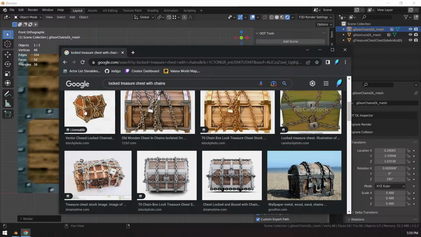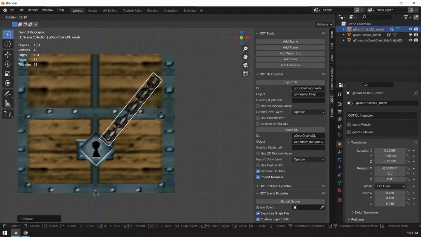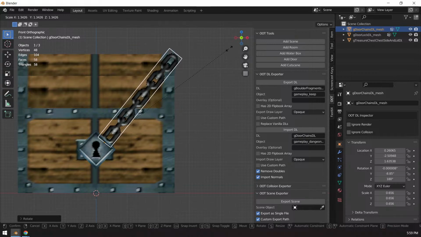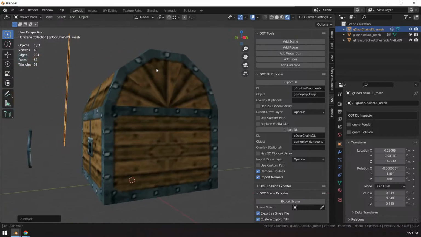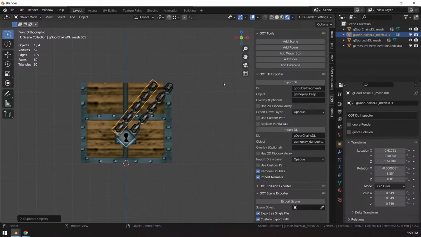Okay, this is my favorite one so far. Going around the sides. This is kind of what I imagined in my head as well. The problem is